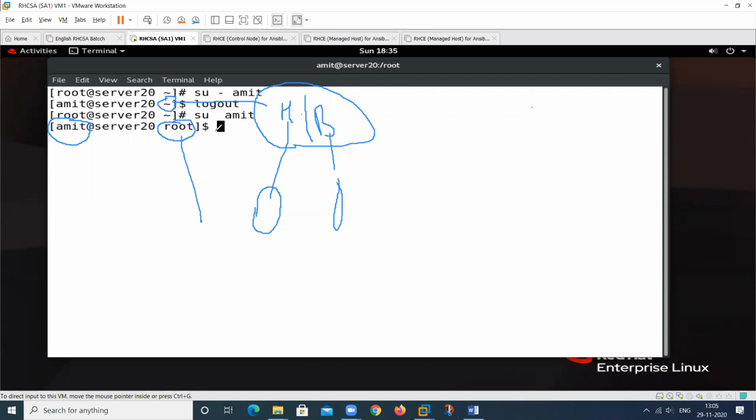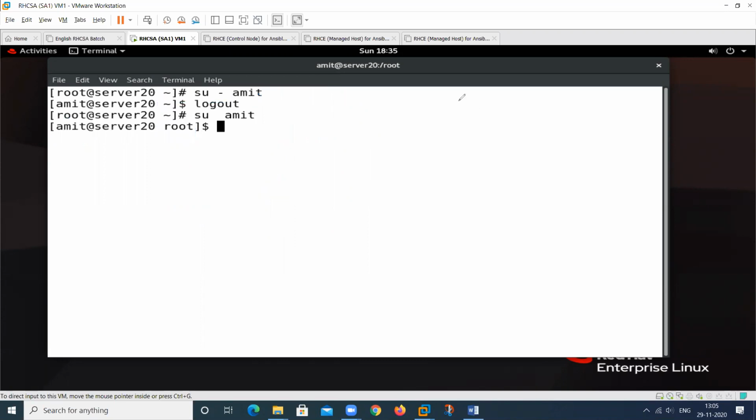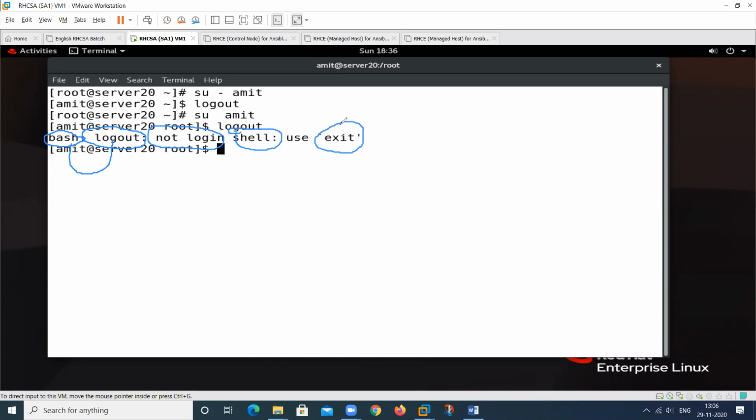So how can I recognize whether it is using the program or not? Then I use this particular command, only this one. It will display an error. The error is, this is your program. The program is bash. This is the program where you can log in, but at this time you are not logging in on this program. So you can't log out, not logged in on this shell. So you can only exit from this particular console. This is your console where you are working.